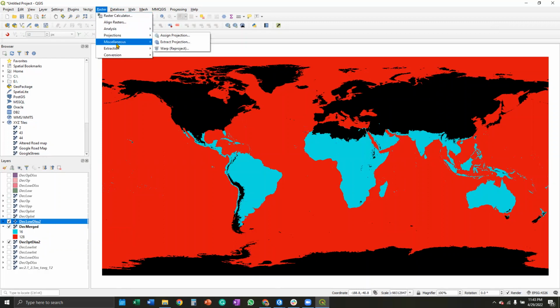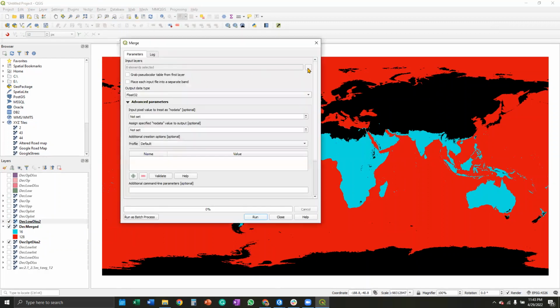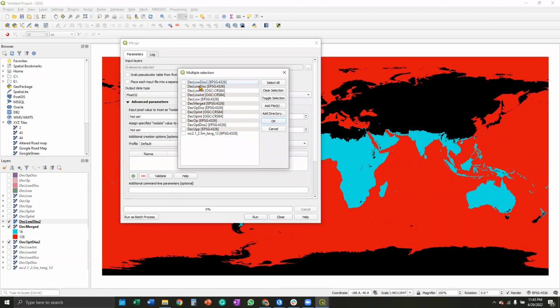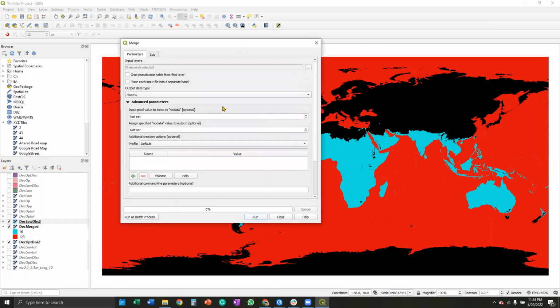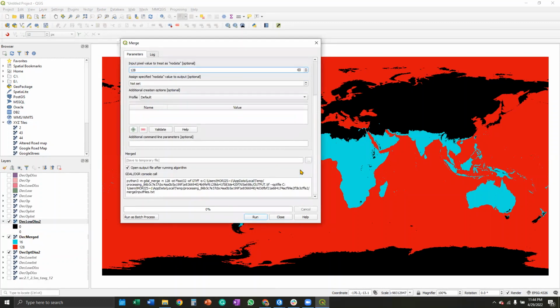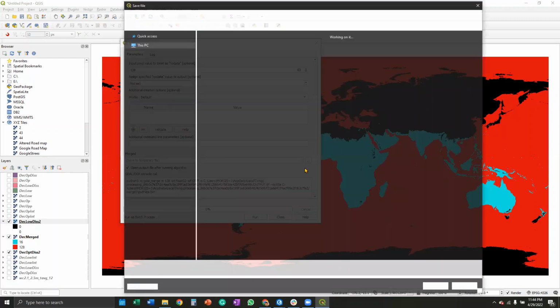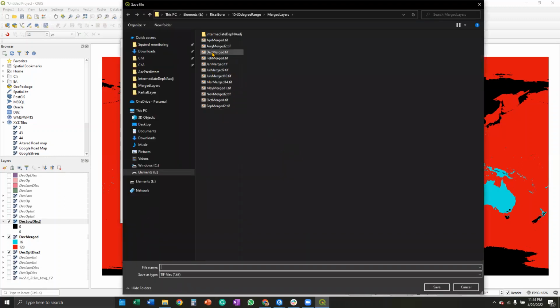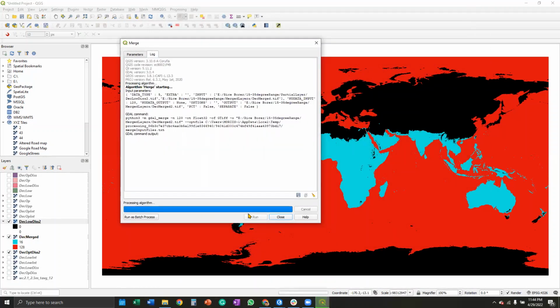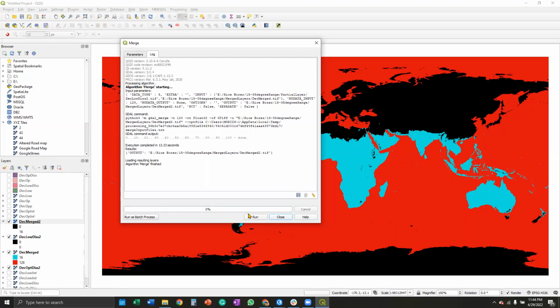Going to select rasters, merge. Going to select the low one and December merged. Okay. Here we can say the no data value should be 8. This should be 2. And this is some kind of exercise now where you have to play around a little bit to figure out